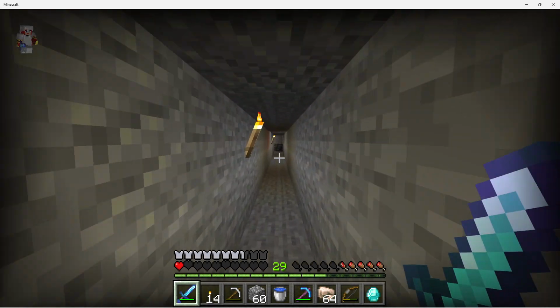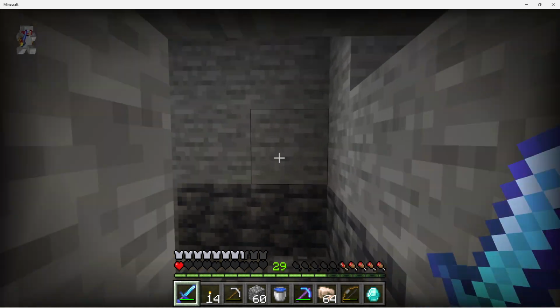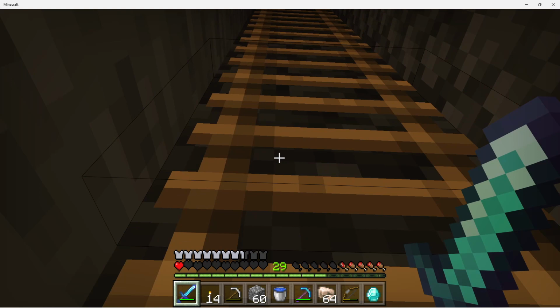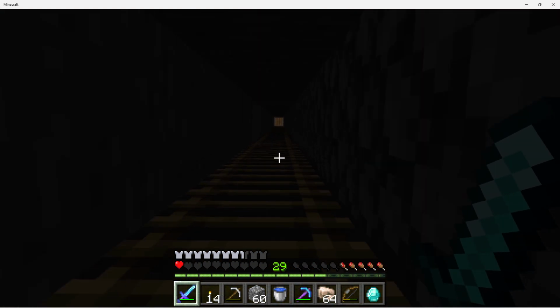This is why you don't explore caves. Caves can be really, really dangerous. Wow. That was way too close. Let's go get some food. We need some food badly. Before we die. 1 heart. That is, yeah, that's...